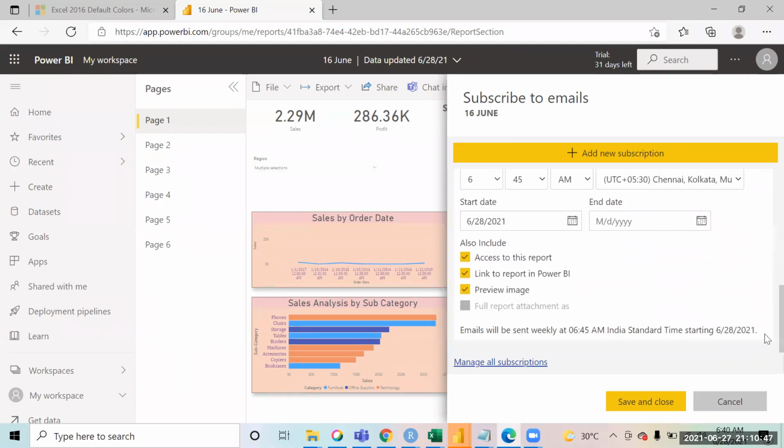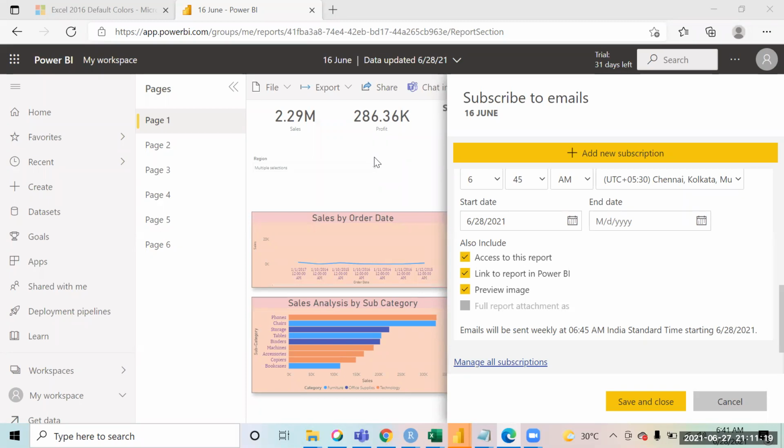Like we have these social media sites, if we want to share something, there is an option of privacy that who all can view it. So only the people who have access to this report can view it, right? If we have not given access to somebody, but subscribed them, they won't be able to view it? No, subscriptions will only be with the people who have the access to see the report.